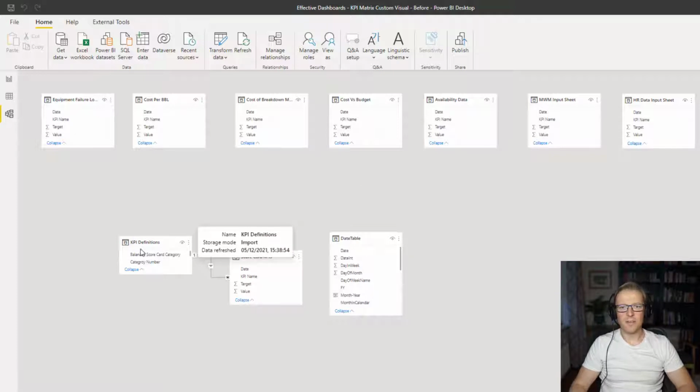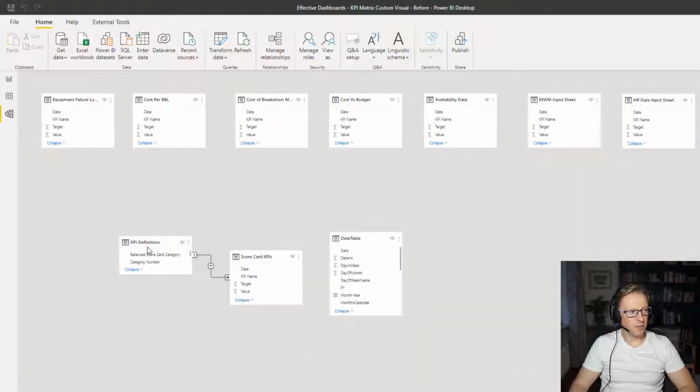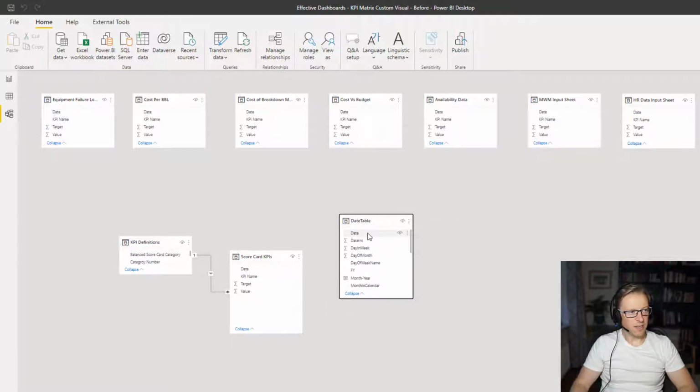Okay, so once I've done that, we are left with this one here, which, if we double click on it, has the KPI name between the definitions and the scorecard, which we do want. So we want to keep that one. And it's a one-to-many relationship because we've got one entry in the KPI definitions, but that'll be repeated many times in the scorecard table. We also want to create a connection between this date table date and the date in here. We'll have one date here that refers to many entries here